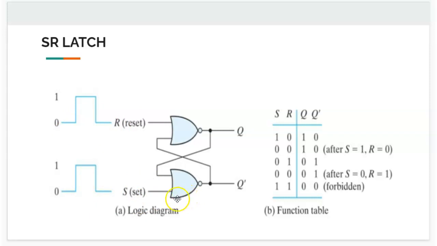What happens is you look at the output of this NOR gate. Let's say you evaluate the output of this NOR gate first. The inputs to the NOR gate are Q and S. You do not know the value of Q beforehand because it's an output of the circuit. Q itself is a function of R as well. So if you calculate Q first, you get the value of Q dash, which in turn you do not know.